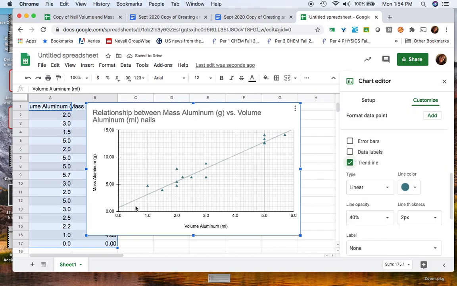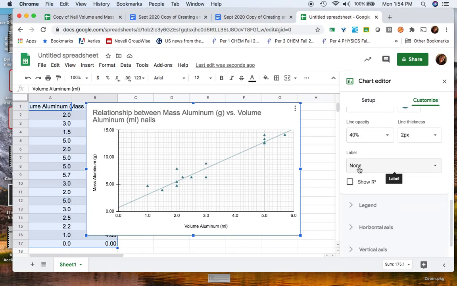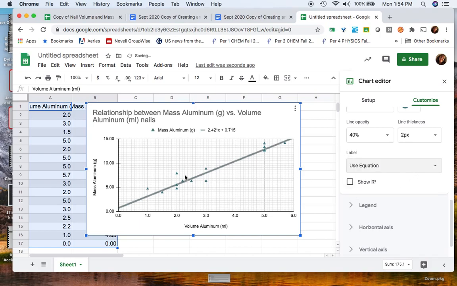Now you'll notice that this trend line does not go to the origin, and it should. Remember, if you have 0 volume, you're going to have 0 mass, and vice versa. This is as good as we can get for sheets, so we're going to be okay with that. The last thing that you want to do on here is where it says label. Instead of none, use equation. And this is going to give us the slope of this line of best fit. You can see